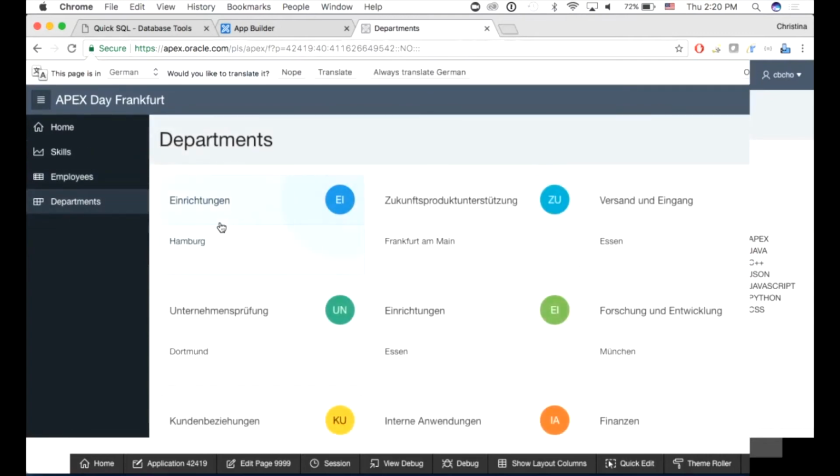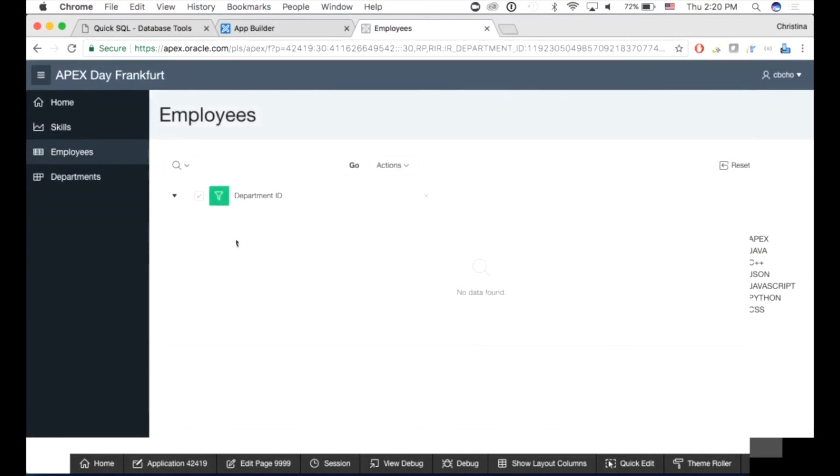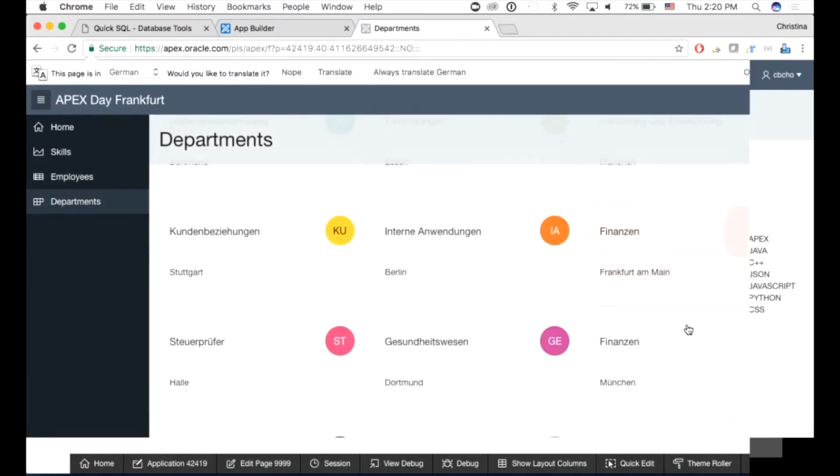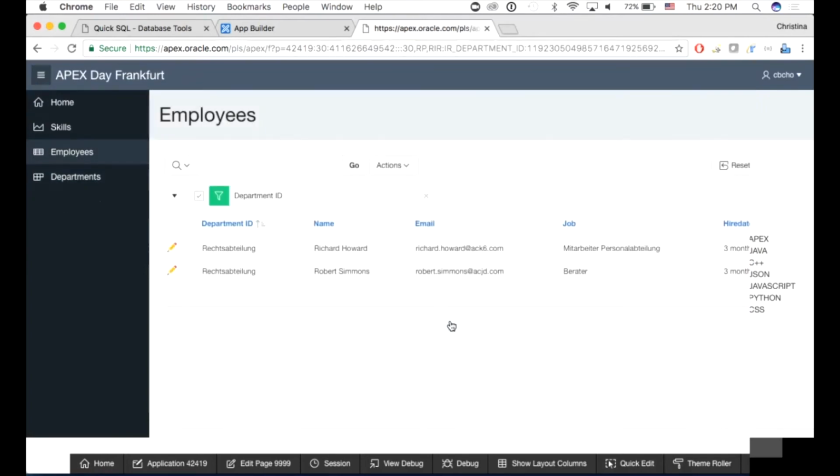Another one is the department's report, which we generated in cards view. We defined the link to the employees, but it happens there are no employees underneath this. So let's try to find one that may have something. Okay, so there seem to be some employees underneath that department. Now what I'm going to do is